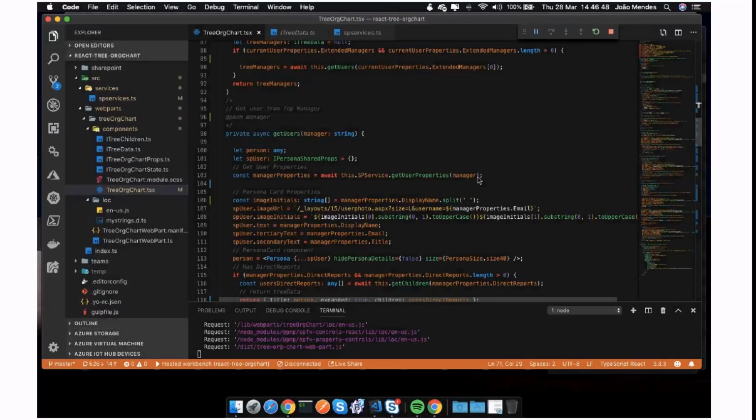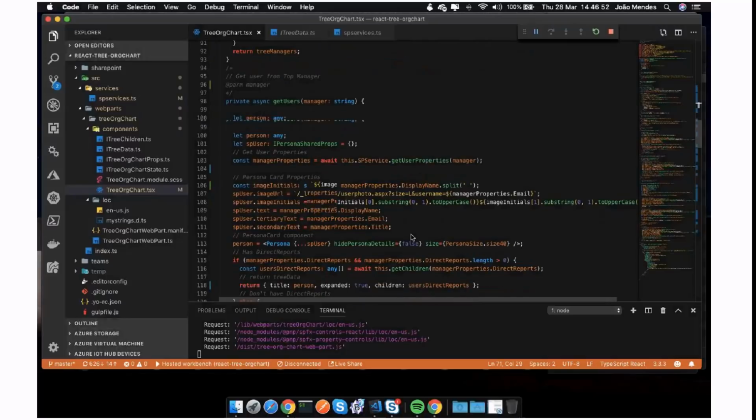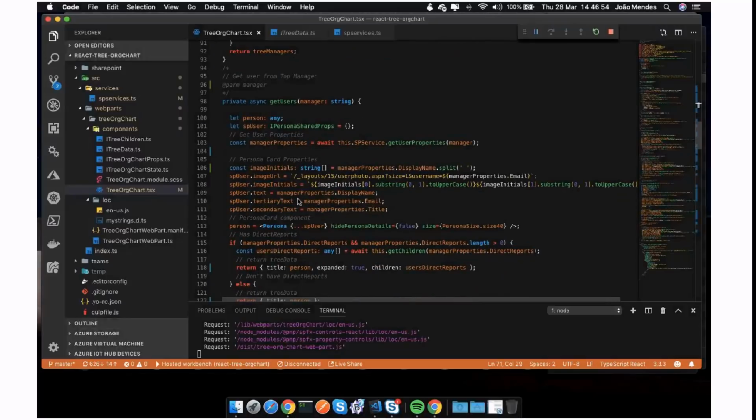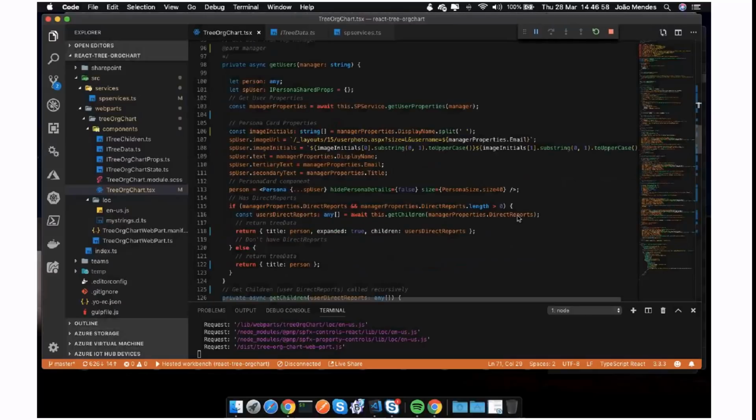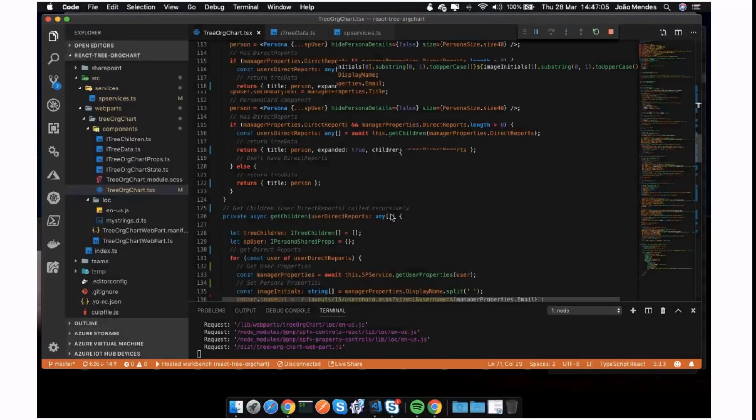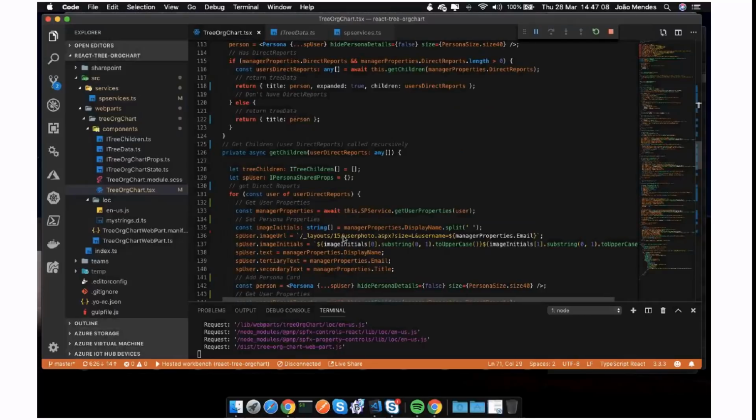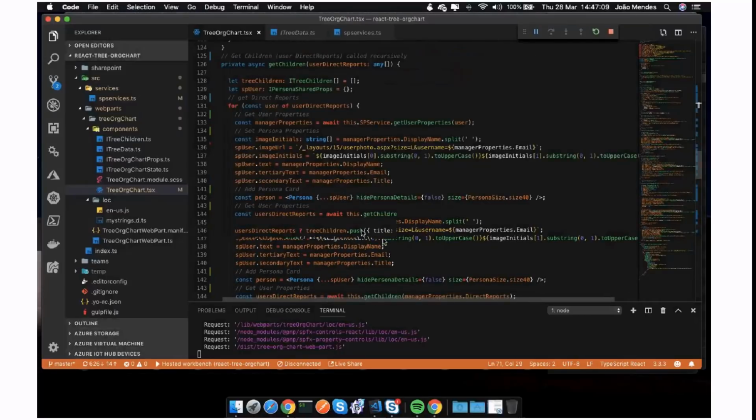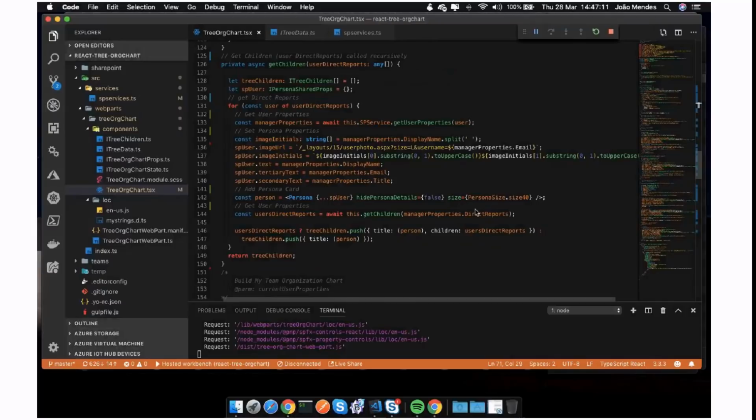First, I get the properties for the manager, okay, build the personnel card properties, test if he has direct reports, and if he has direct reports, get the dependencies. For each dependency, you get the properties, okay, test if the dependent user has direct reports, and call again the function getChildren. This is a recursive function, okay, and build